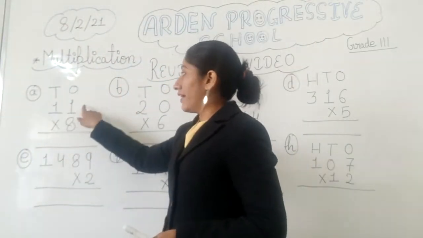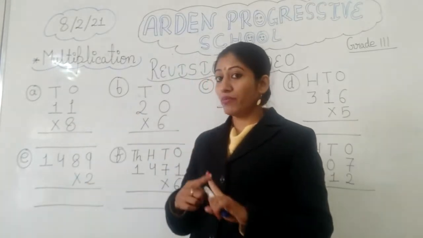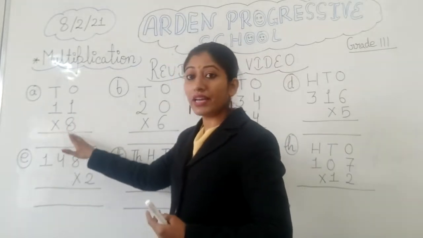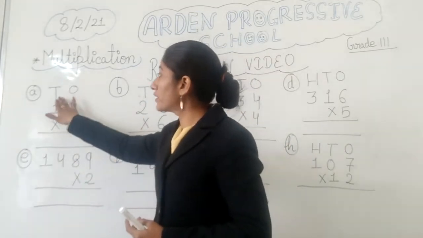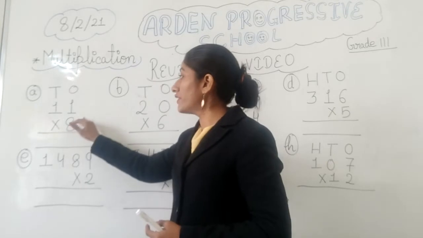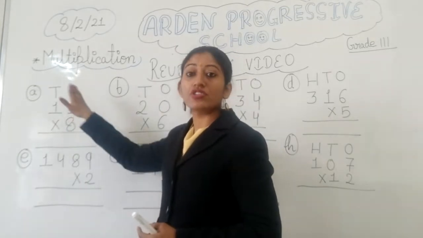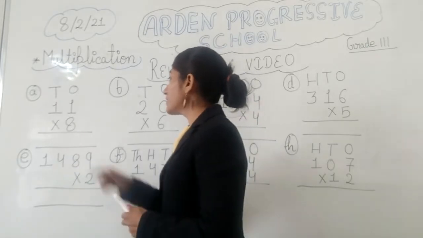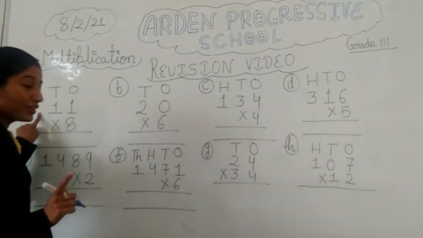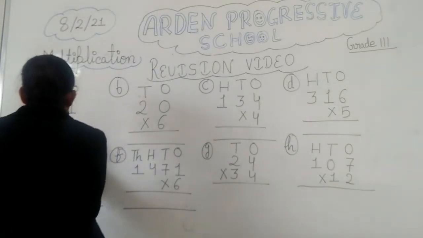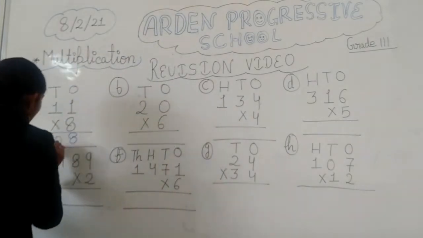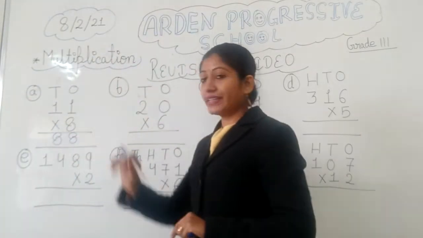You can see this is 11 and this is 8. For multiplication, the foremost thing is that you must learn the tables. And the second thing is that when you are solving multiplication, you have to put the places, so that at the time of solving we know whether we are solving the ones place or the tens place. Now this is 8, this is 1. We know how to multiply. 8 ones are 8. So what will I write here? 8. And again 8 into 1 is 8 only. So what answer are we getting? We are getting 88.